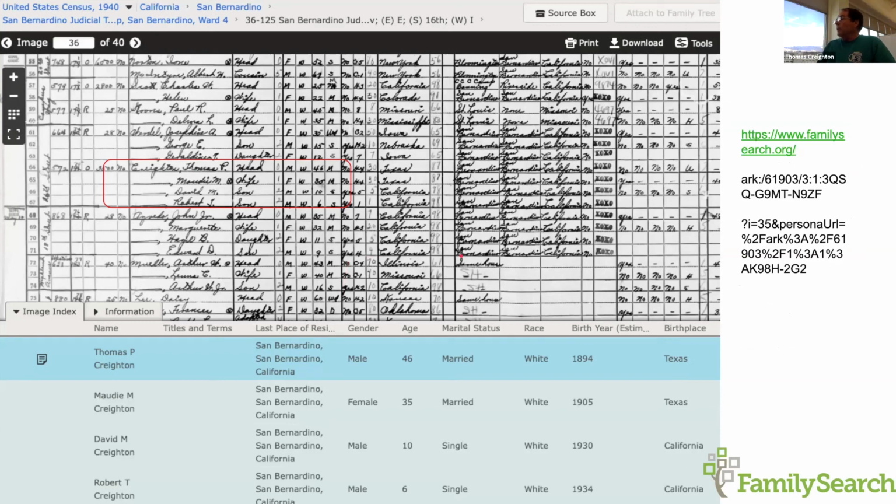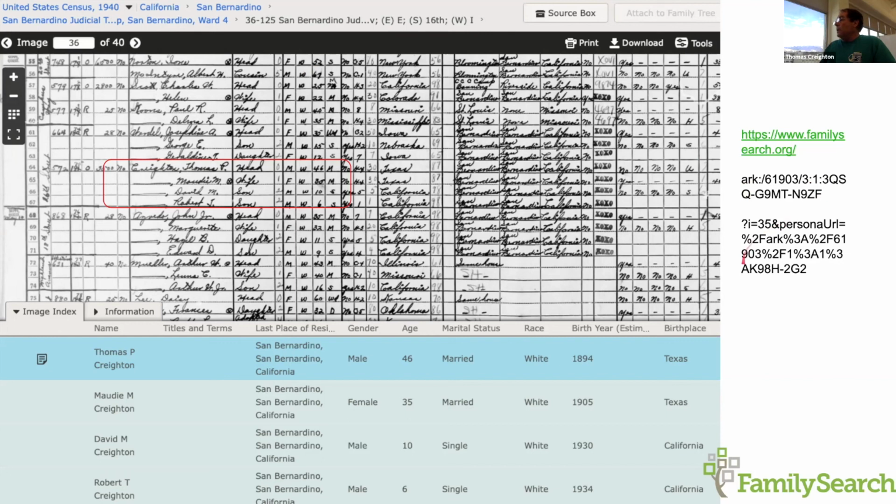And so over here, really quickly, this is the ARK that got us here. Now I've broken it into pieces so you can see them. This piece, of course, is the locator. It just locates the domain where the resolver is. The resolver is within our infrastructure, and I'll show you a picture of how this works in a little bit. But this is the main part of the ARK, and this gets you to this overall image.